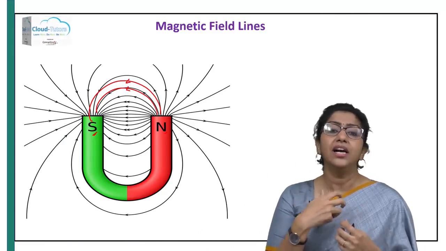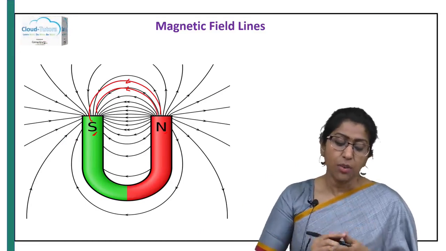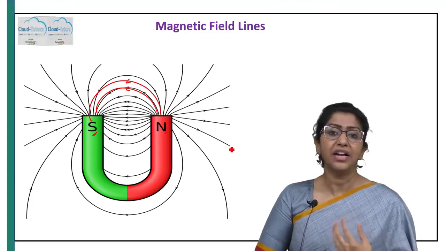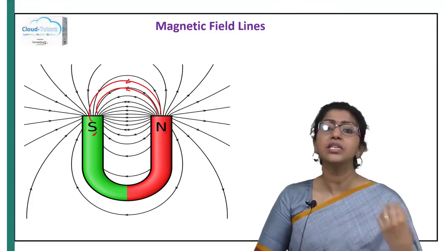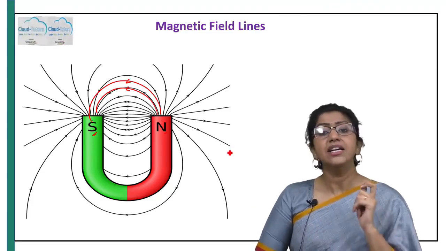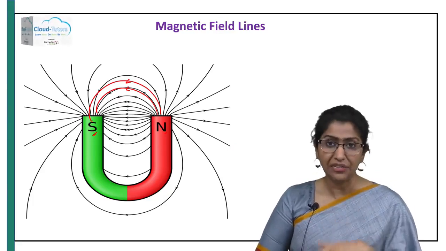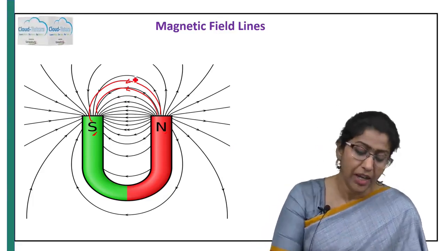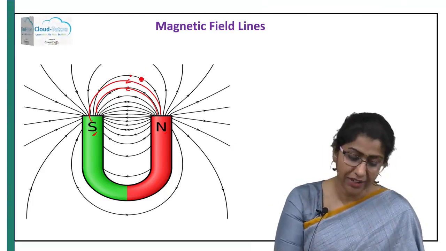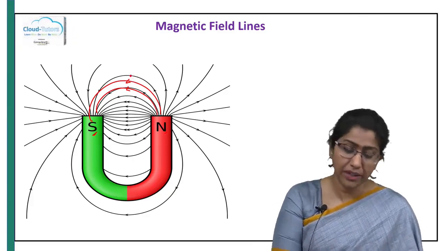So how do we determine the direction of the given magnetic field? The fact that a magnetic field line goes from a North Pole to a South Pole is definitely a given. But the direction of the magnetic field at a given point on the magnetic field line is determined using a tangent. Say, for example, at this point of this magnetic field line, I need to determine the direction of the magnetic field. How do I do that?